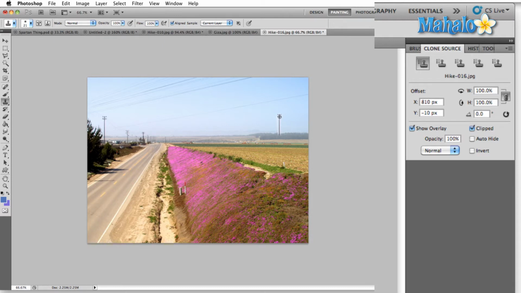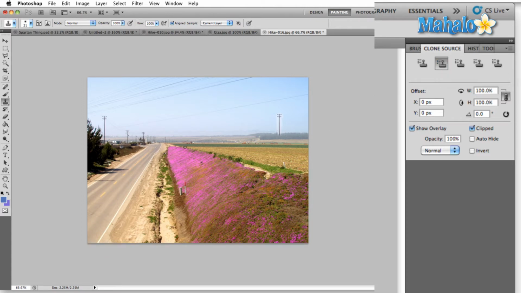Now that's not exact, but there are a couple of other tools that we can use later on to clean up the color differences between our selection point and what we've just dropped in here. And now I'm going to come up here to the clone source panel and take a look at this first section. This first section is literally 5 different sources that we can choose from. Right now, as you can see, it says clone source not in use because I've only selected one, and as the tooltip comes up here, you can see the name of the image that this particular instance is cloning. So that if we move over here and we select the second clone source,